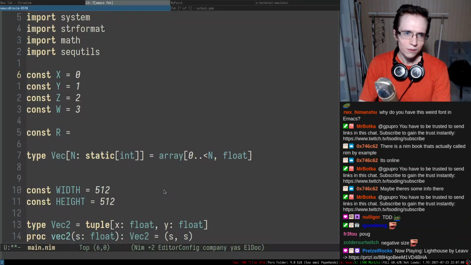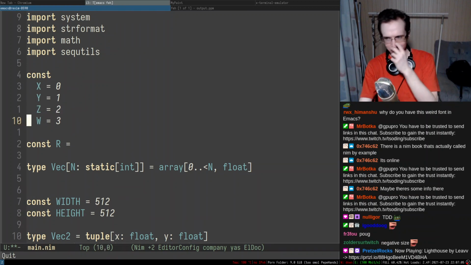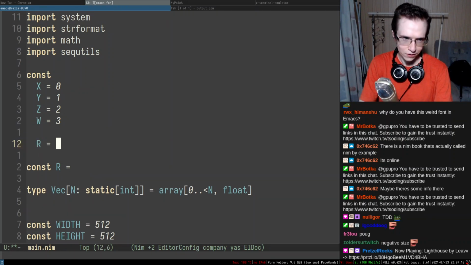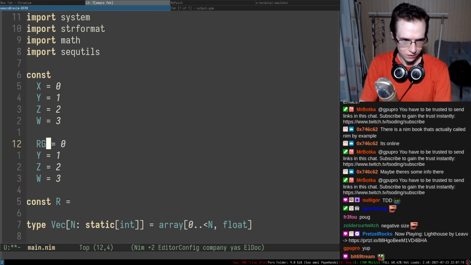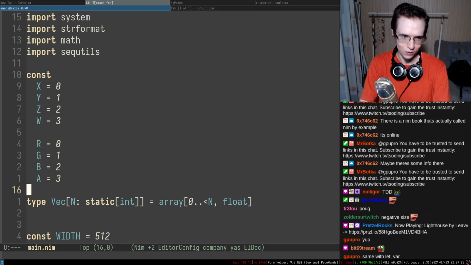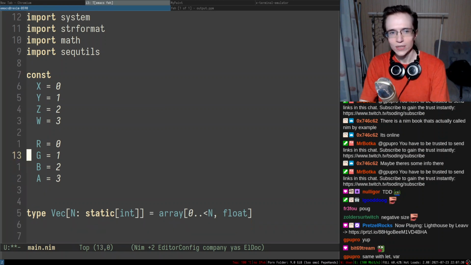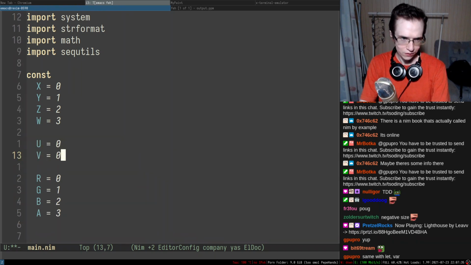Okay. If I remember correctly, I think there was a way, almost like in Pascal, you know what I'm talking about? Yeah, I think that this is a thing. Is it not? I think it is, right? And at least the Emacs mode does not complain about this stuff, so I can probably use that. And every time you have a UV, you can access it as X, and furthermore, we can have aliases for UV stuff, right? So U is 0, V is 1.